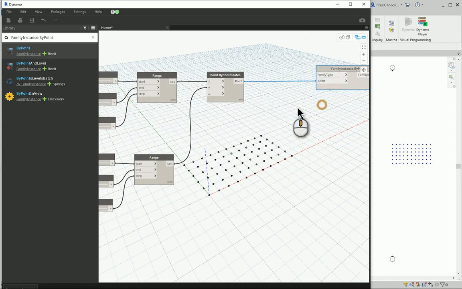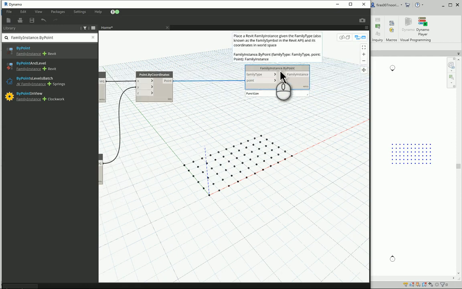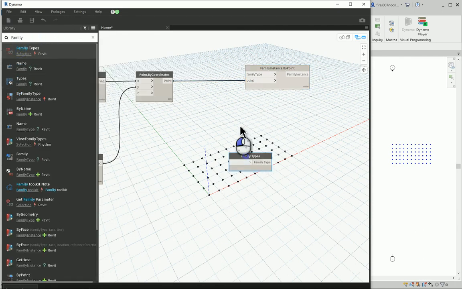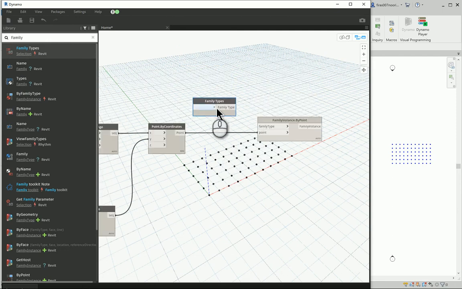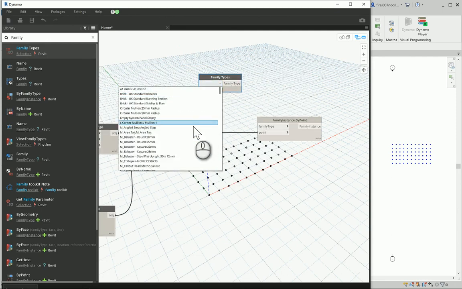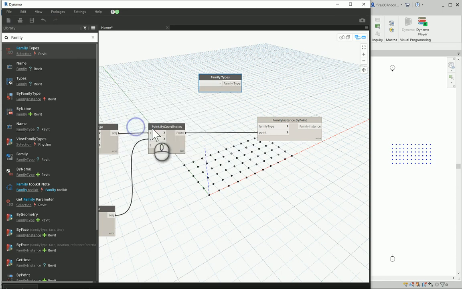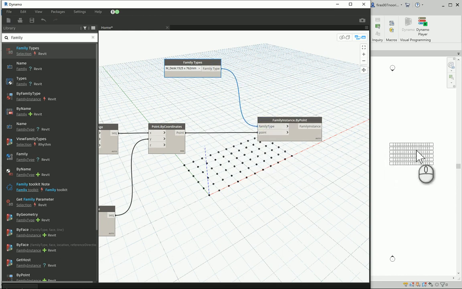This family instance, as you can see, is going to create a Revit instance, and it depends on the grid of points, so it needs the points, and I'm going to provide those points we actually created. The next input is the family type, so I'm going to go family and then hit space, and I think it will be the first one. I'm going to select whatever is available. Let's say desk, maybe this one. Yep. And when you connect this one to the family type,